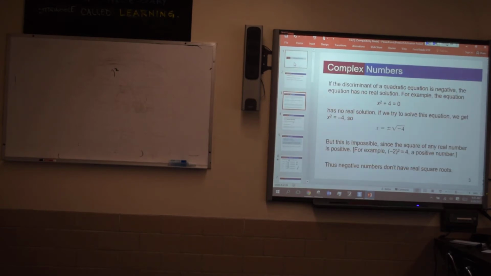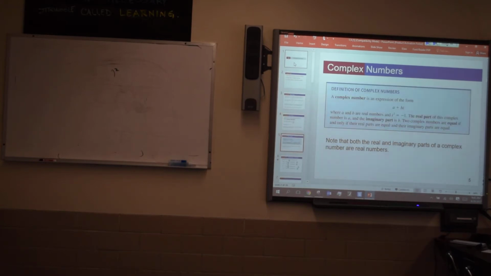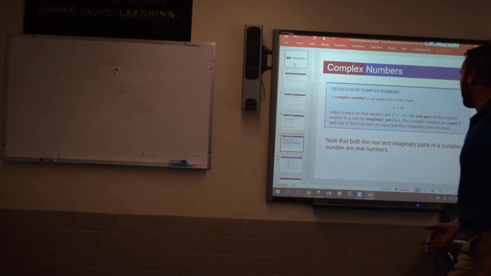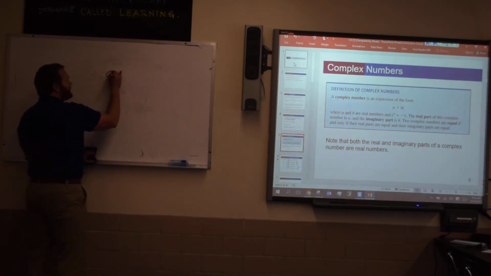Okay? So the first couple walk you through the idea and the concept of why we want to have this i and what question we were trying to answer. So we talked about that already. And then they get into the idea of telling us what a plus bi looks like and how that develops our complex number system. What I want you guys to know from this slide is if I have something like